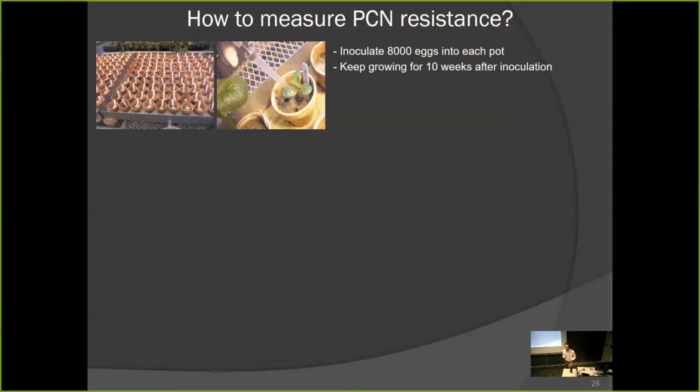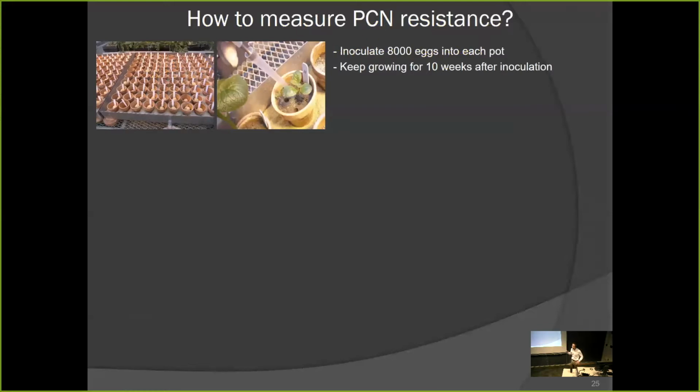Okay, now to complete the QTL mapping, I had to load the phenotype data onto the tetraploid SNP map. So I'm going to explain how I measured the potato cyst nematode resistance. After I prepared the Y36 population, I planted it into pots in a greenhouse. Then 2 weeks later, I inoculated 8,000 eggs into each pot, and kept growing